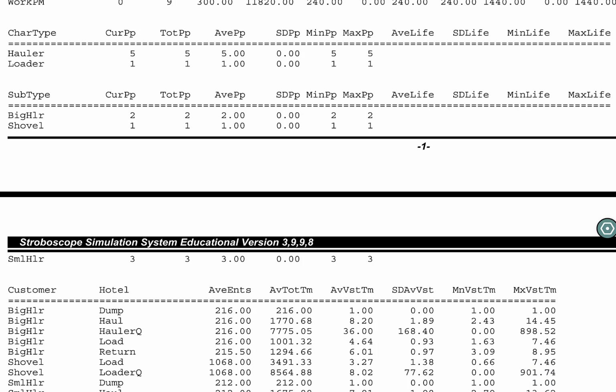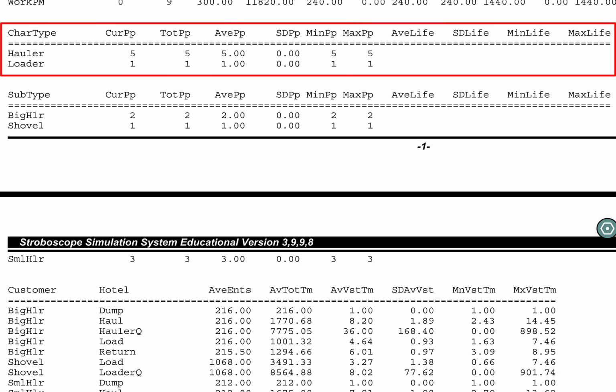The section about characterized types gives us information about the characterized types hauler and loader as classes of resources without distinguishing between big haulers and small haulers. The column CARPP gives us the current population of haulers, which is 5, with 2 big haulers and 3 small haulers, the total population that ever existed, the average population, the standard deviation of the population, the minimum population, and the maximum population. After that, we have statistical information about life, but because none of the resources were destroyed,